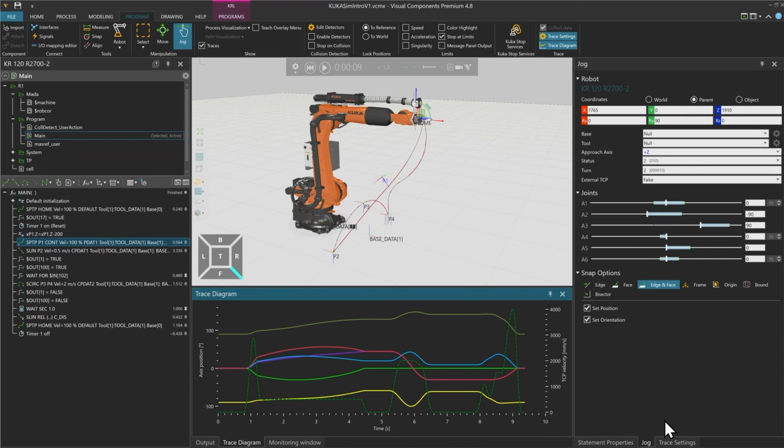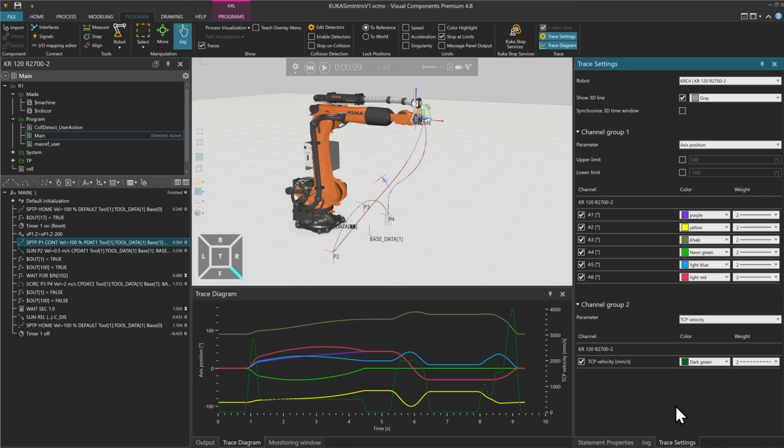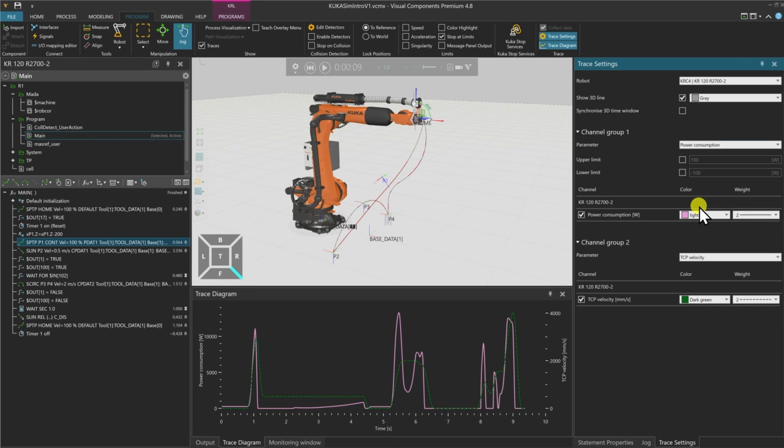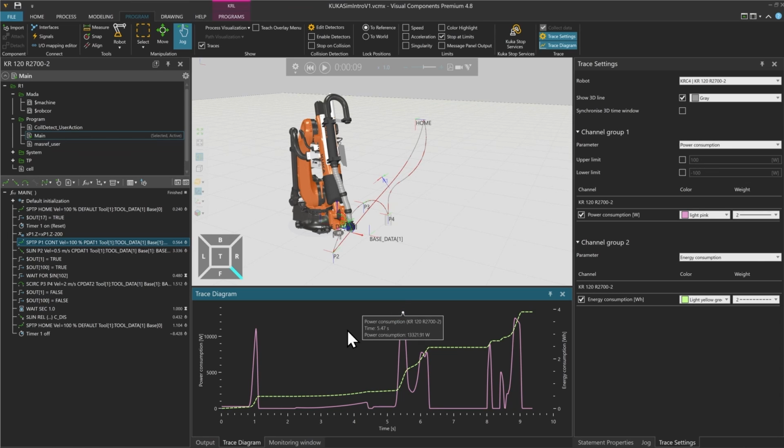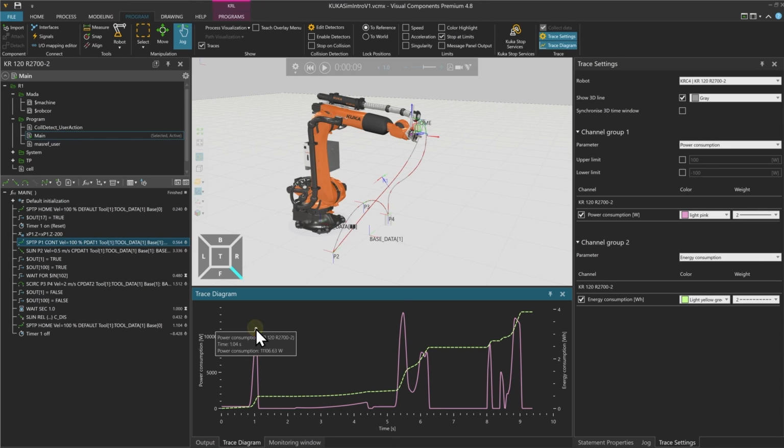A last beautiful thing about this trace diagram is the energy consumption. So if you select the power consumption in channel 1 and the energy consumption in channel 2, you can see how much just for this movement the robot will consume, and it's the same values as you would get from the controller. So if the controller supports this energy consumption monitoring, it will also do in KUKA Sim. So here we will use 3.9 watt-hours, and we can also see the peaks where we have the biggest consumption. So you can also see that it's always while accelerating.